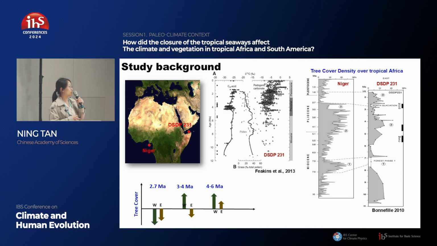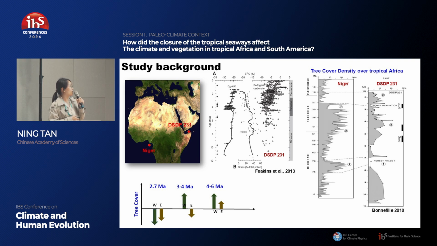Feakins in 2013 analyzed the carbon-13 in the plant wax and also the pollen data, and they indicated that during the last 12 million years, it seems like there is no true rainforest in East Africa. Instead, only seasonal forest expansion appears